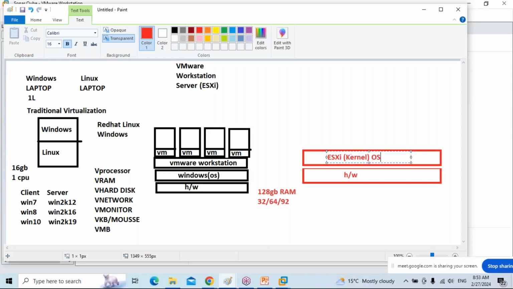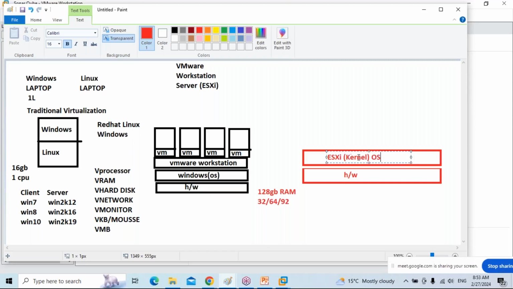In your mobile, go to about phone. When you go to about phone, you can see the kernel version, Android version, iOS version. The kernel and operating system both are same. So what I'm telling is that VMware has its own kernel. VMware has its own kernel. Directly we can install it on top of the hardware.